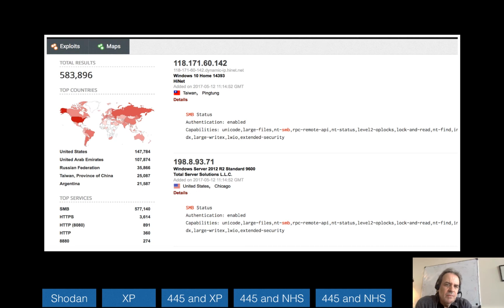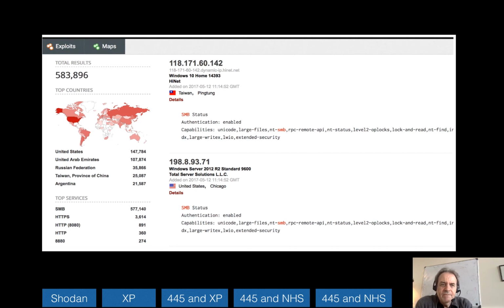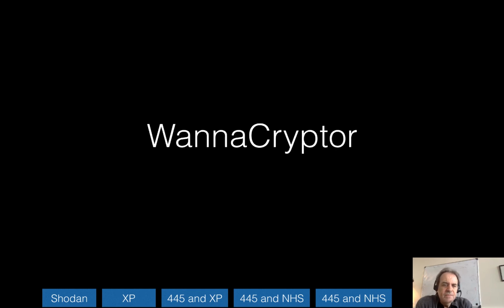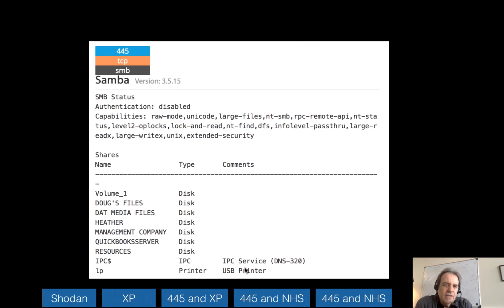Okay, so there's an example showing SMB there. There's an example of an SMB share, which runs off port 445. So if the firewall exposes 445, then it might be possible for somebody to connect to that port remotely.